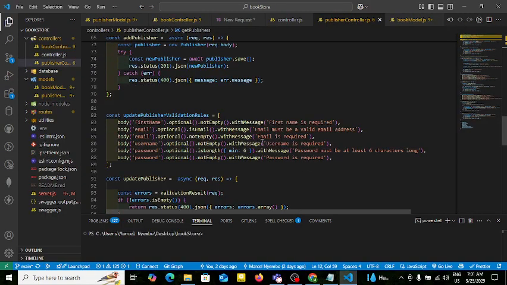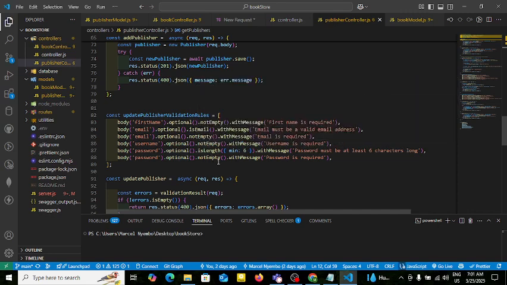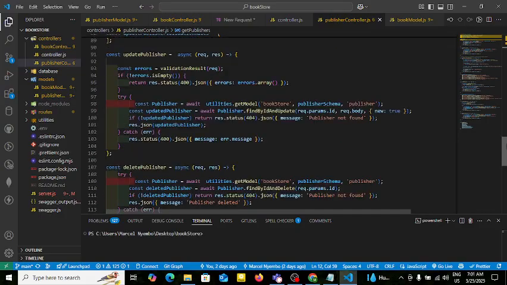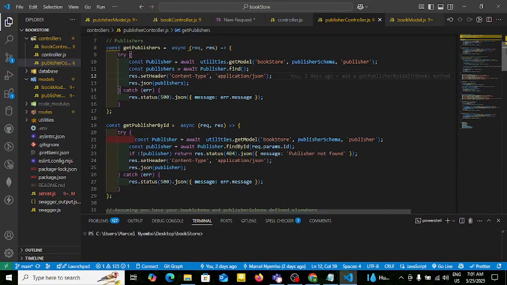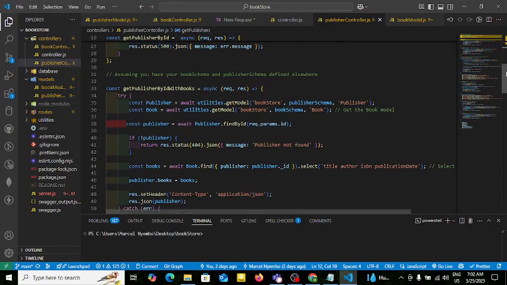And these are also the rules when we want to check a specific update. This is optional because on update, this information is not necessarily required, but we need to check things such as the length or a valid email. And not just validation, we also need to provide robust error handling